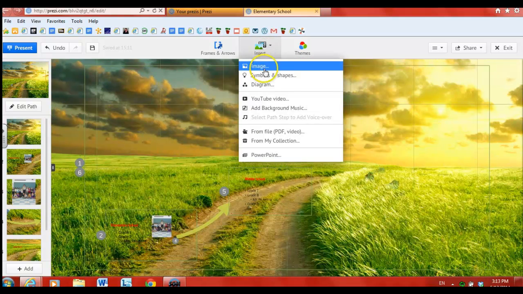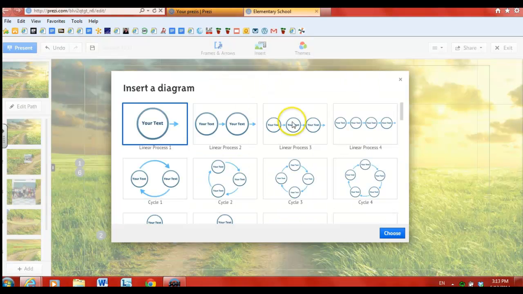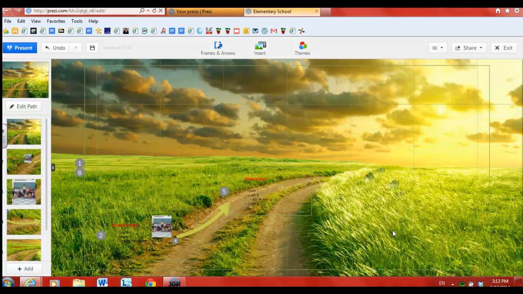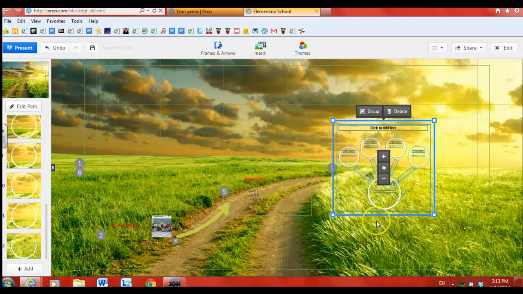I can also insert diagrams, which are very cool if you're looking to explain something, and you can have these in a separate bracket as well, and they'll just put them right in. So if I wanted to put this inside my presentation, it's kind of like a little mini presentation in your presentation. I can add that to my pathway, and again, these are all small brackets, just like these ones, just